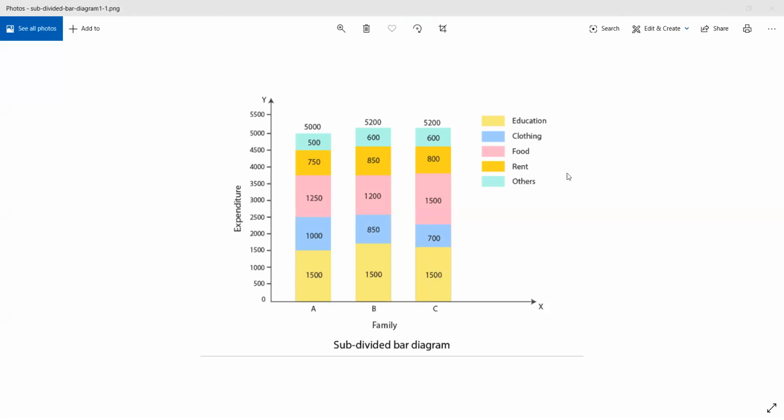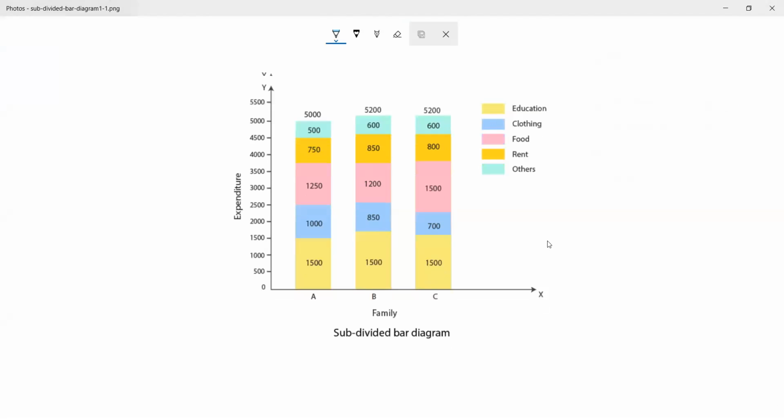In a multiple bar diagram, now here you can see the expenditure of every family. So let's suppose you are seeing 3 different families and you are trying to monitor the expenditure of each family. Here there are more than 2 variables. So your family variable has come and the expenditure variable has come. There are already 2 variables. Plus you are subdividing that expenditure amongst education, clothing, food, rent, and others, miscellaneous.